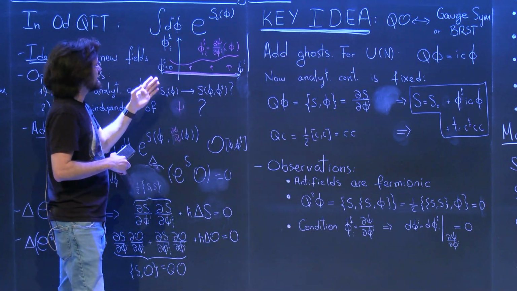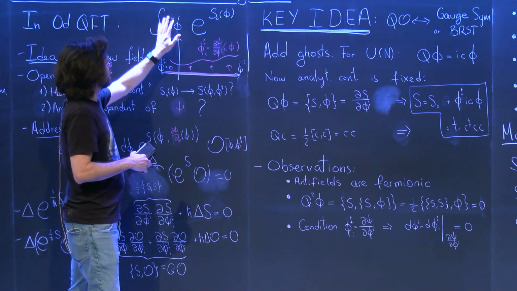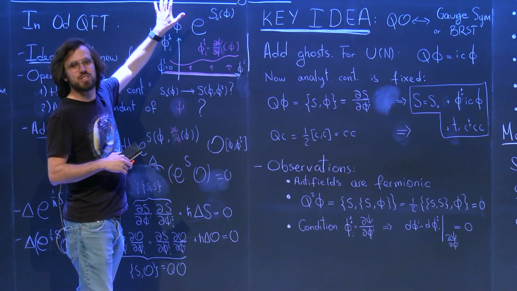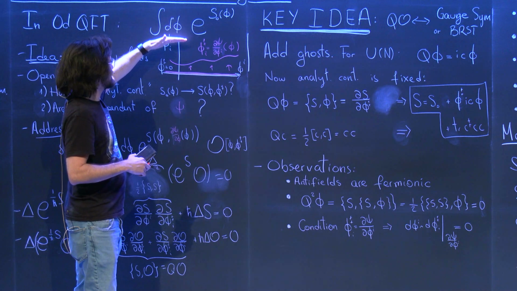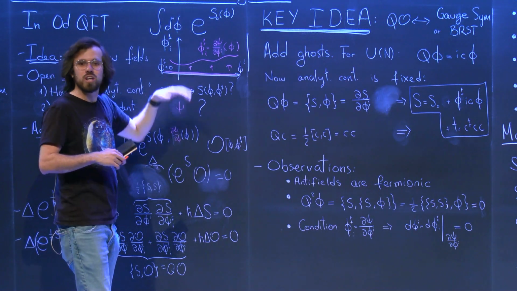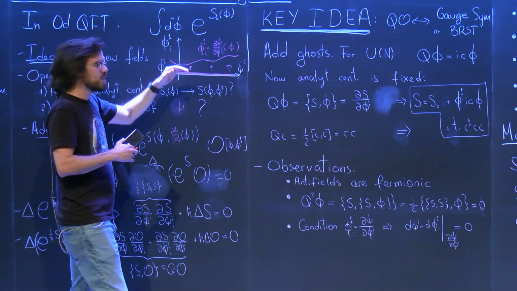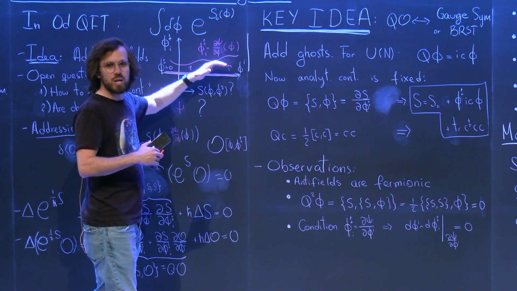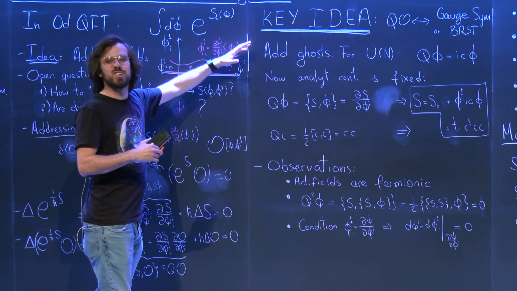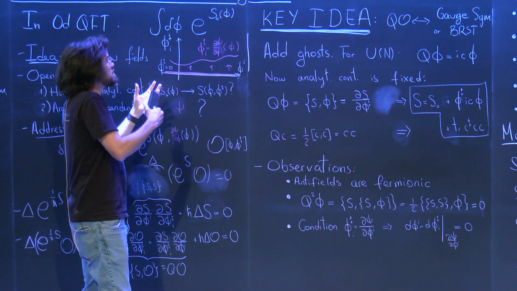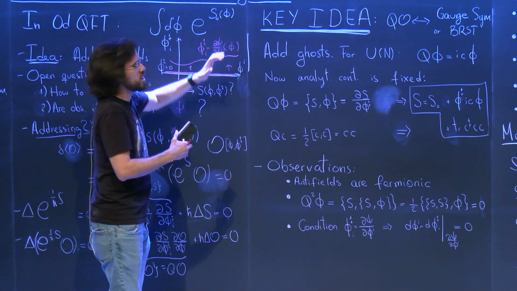And the original integration contour was setting, say, p to 0, was setting one of the two to 0. The statement now is that whatever curve we choose to set to 0,